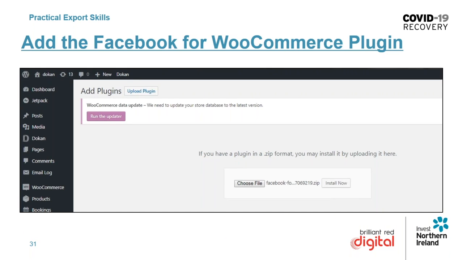So I'm going to just talk about two stores because there's a lot, but two of these stores are probably the most popular or the most widely used stores, certainly among my clients or people I've seen in Northern Ireland. And so the first one is WordPress / WooCommerce, which is the e-commerce element of WordPress. And if you're used to it, you'll know that you upload plugins to that website. So in WordPress, you would go to the plugins page and add the Facebook for WooCommerce plugin and install it. And then there's a guided process where it asks you to log in with your Facebook, and then your Facebook pixel is connected.